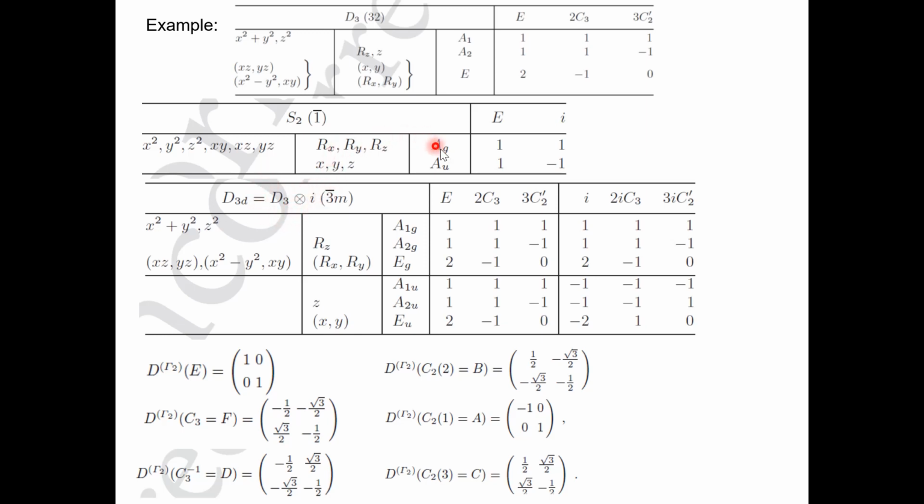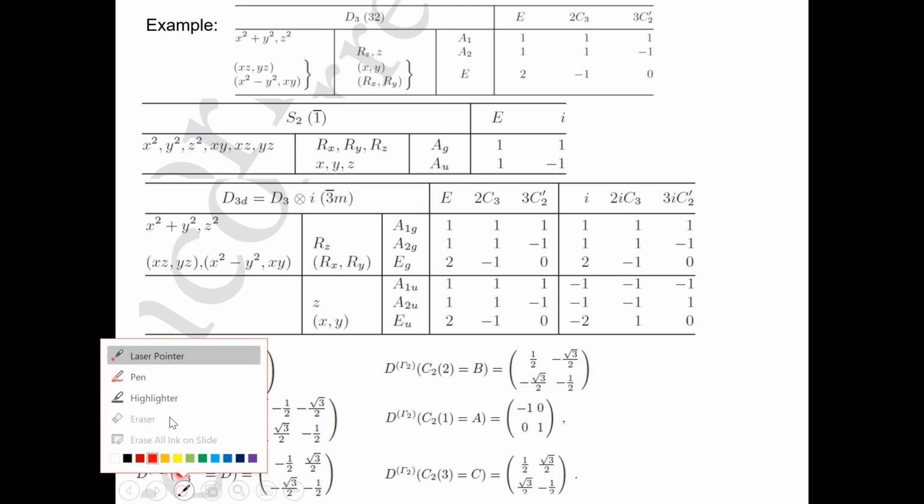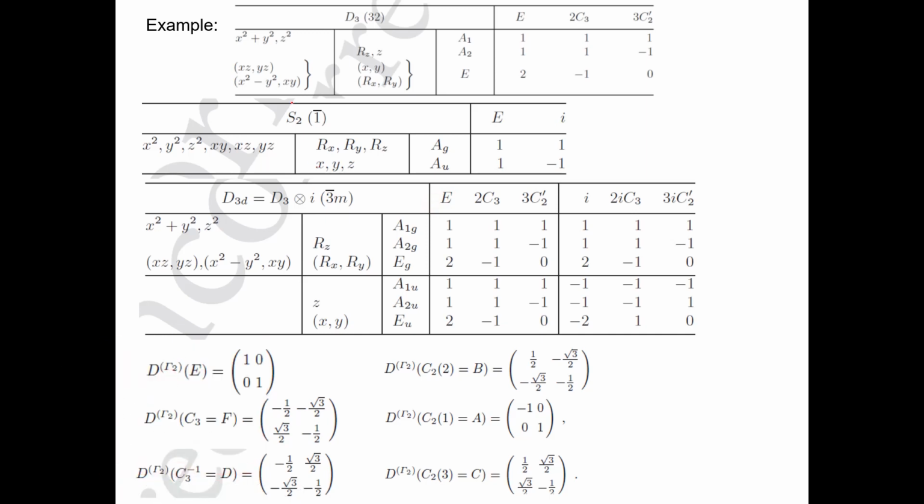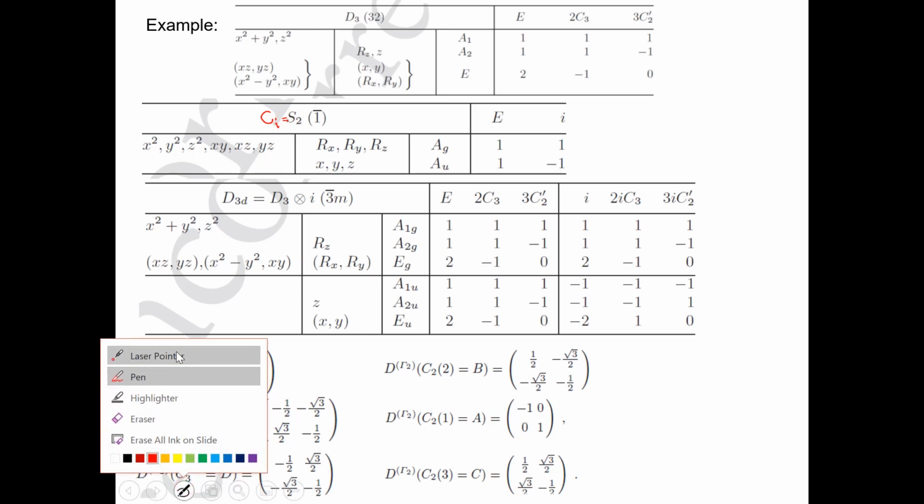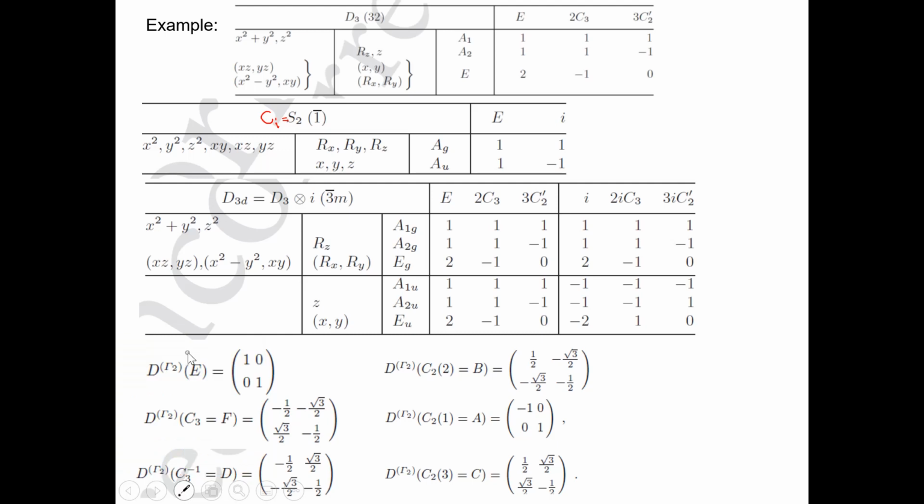If you remember from last time, the inversion group has only two operations, identity and inversion. It's also called sometimes the CI or the S2 group. Okay, and it has only two operations, E and I, and